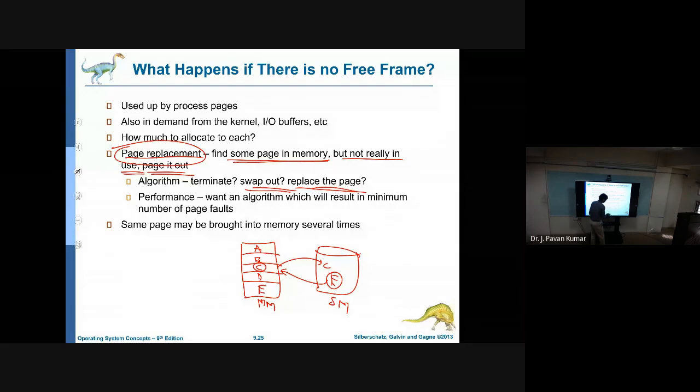But here, if you observe, we loaded C earlier and we have not modified this C. Do we need to write C again into secondary memory? C is already present in the secondary memory. Only if any modification has been done on this particular C do we need to write it back into secondary memory. Otherwise, C already exists in the secondary memory. Try to understand the context.